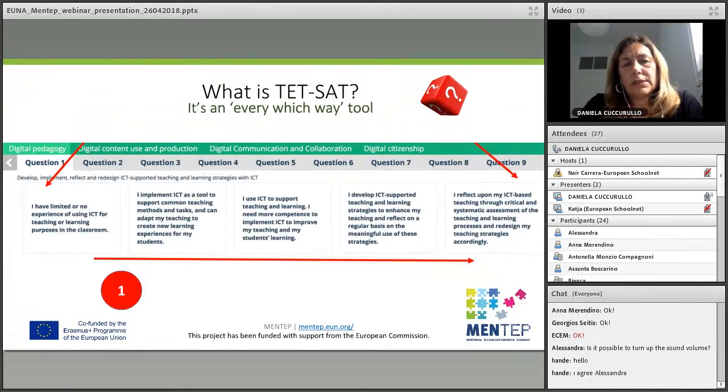You can see that I define it as an every which way tool. Why do I say that? As you can recognize, we are now in the area of digital pedagogy. Just to remember, for people who have just enrolled in the course and have not tried the tool,